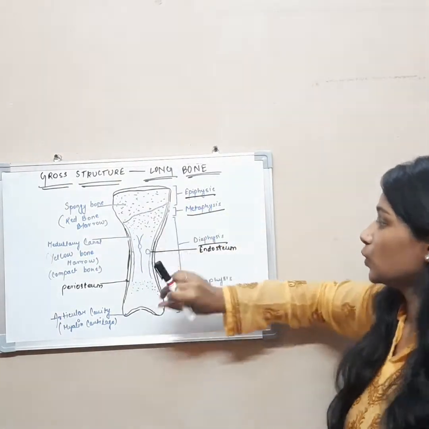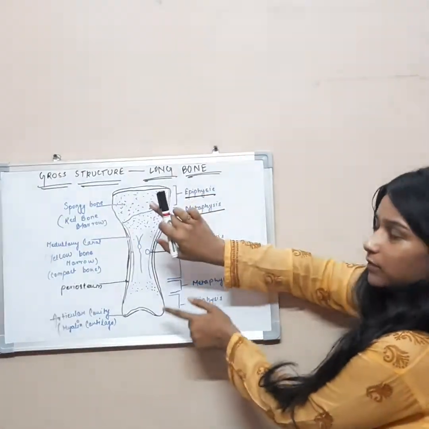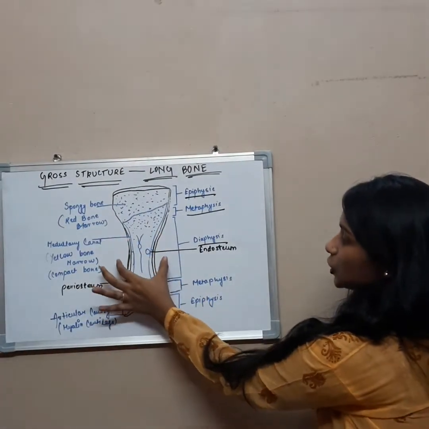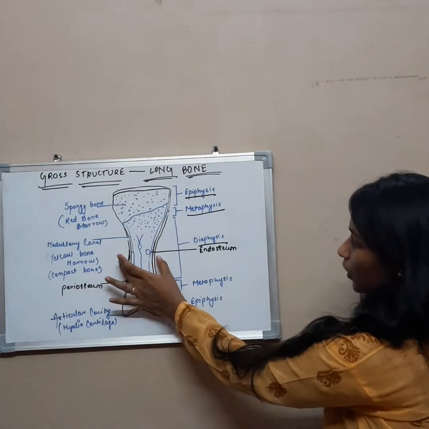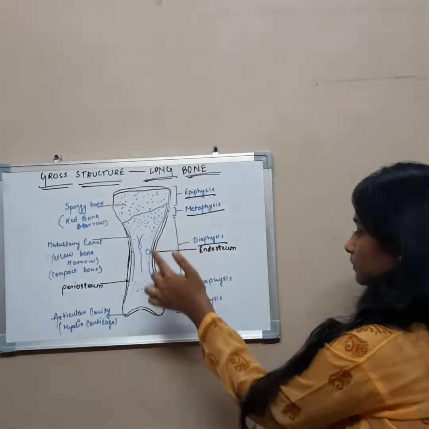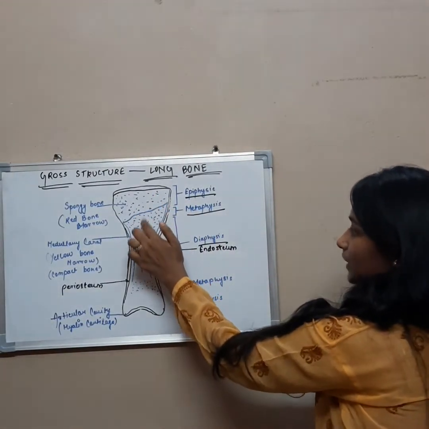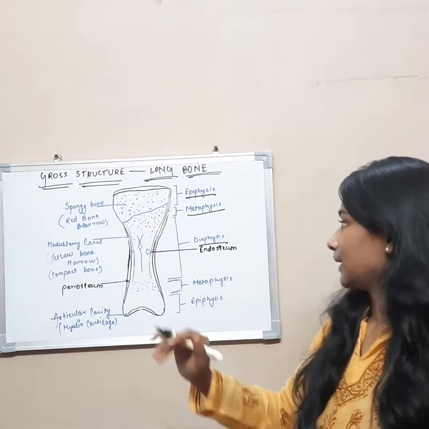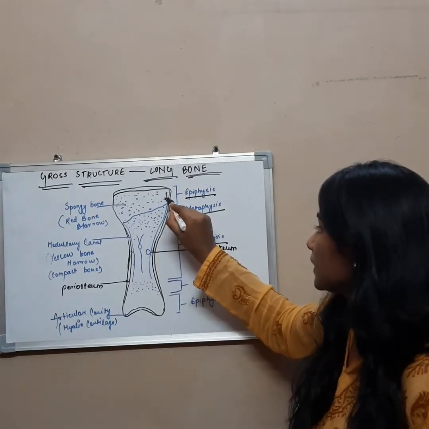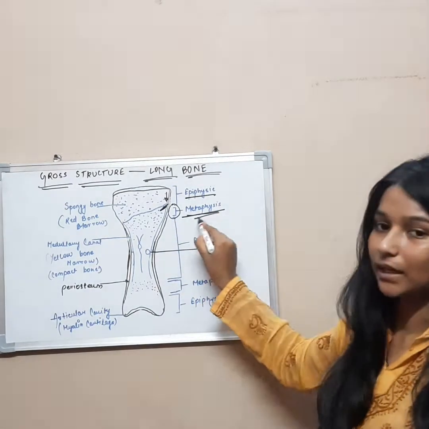Epiphysis: the two extended ends of a long bone, which do secondary ossification, are called epiphysis, while the long cylindrical shaft of a long bone is called diaphysis, which does primary ossification. Metaphysis: the end of the epiphysis at the diaphysis. Take it seriously that the end of the epiphysis at the diaphysis is called metaphysis.